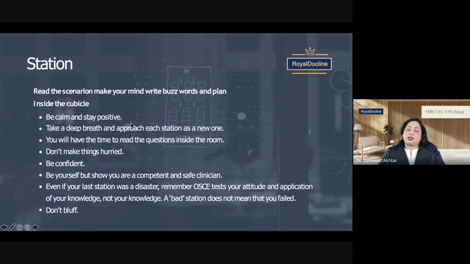Let's move on to the stations. What are the stations? What happens in the stations? When you go to the exam in the morning, they will call you. Early in the morning, there is a meeting with the examiners, and they are briefed about what the cases are and which examiner will do what type of station. The instructions are given to the actors and the examiners, and everything is planned out and numbering is done. And then comes the station.